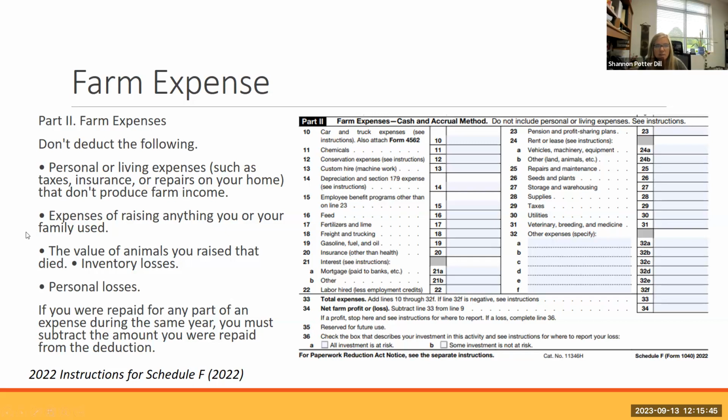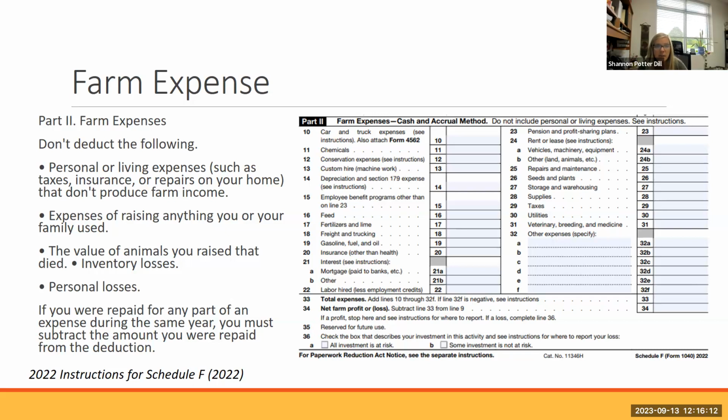And you can see here, some refer to other forms, such as here, number 10. If you're going to claim car and truck expenses, there are very specialized instructions for that, whether you use mileage or you're going to do the car expense, like your payment on your car and fuel, you need to use a form 4562.